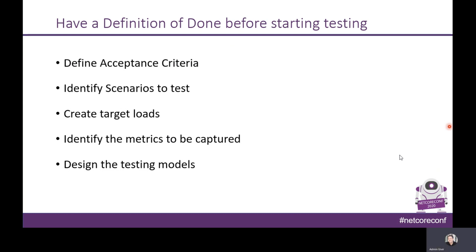And finally, you need to define the testing models, right? So we have defined the criteria, we have identified the tests, we have defined the loads, and we have defined the metrics. Now we need to define the models, how we are going to test it. Even though we have three major kinds of testing, there are different kinds of models available to do the testing, like URL testing, multi-loader testing, and testing with specific custom objects. These kinds of testing are available. So you need to choose the right model which is comfortable for you or which is required for the business application.